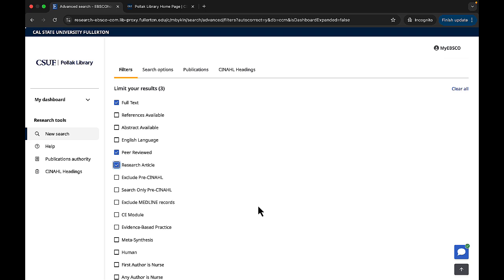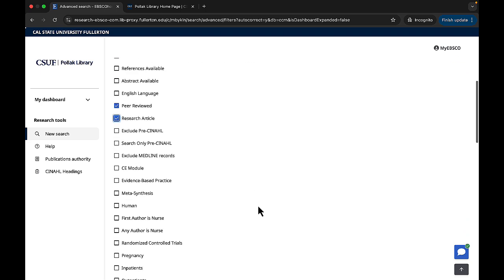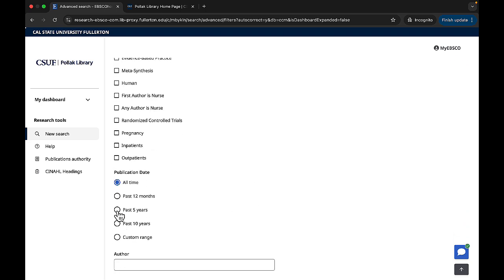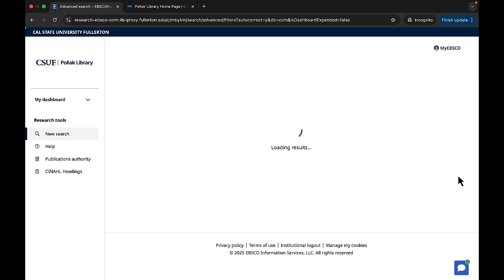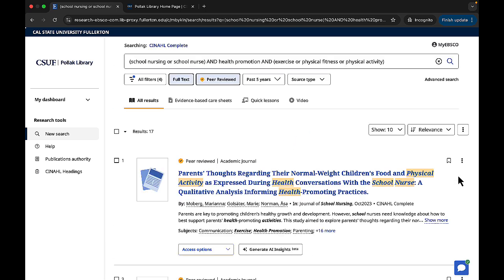I'm picking these because I know you're generally being asked to find peer-reviewed research articles, and I assume you want to be able to read the whole things, so full text is selected for now. And I also might say I only want results from the last 5 years, since that is often what you are looking for. Now, when I conduct a search, I get back 17 results,